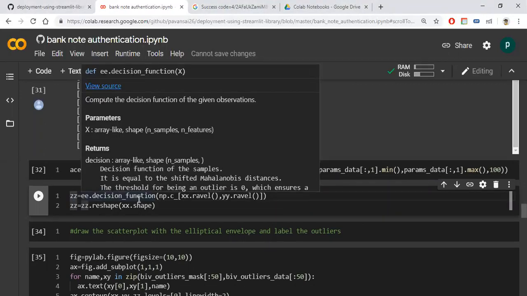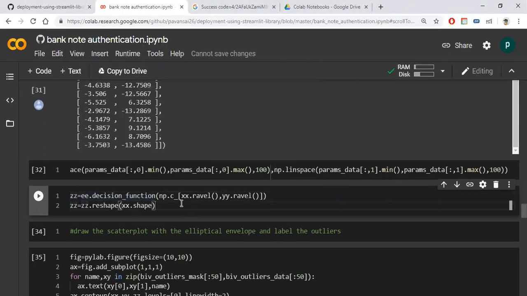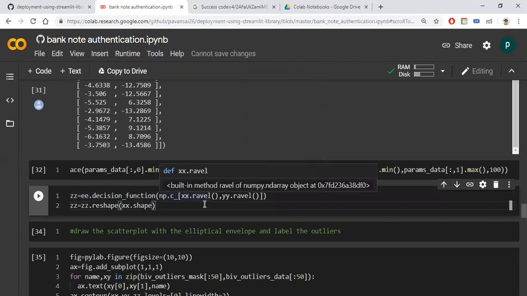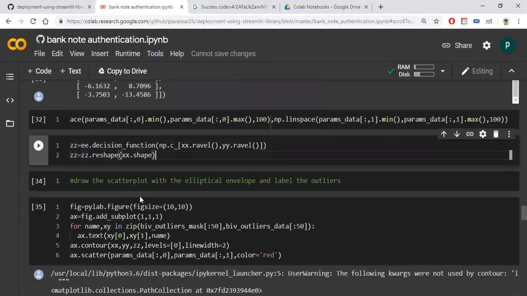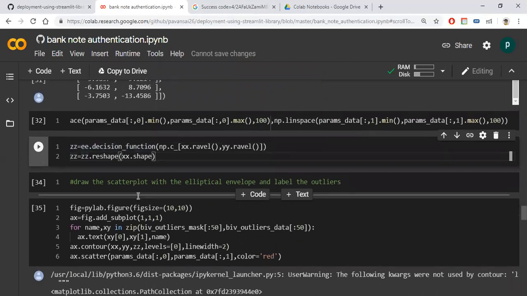Then only we can get the ellipse. This is the syntax. I am converting these two variables to a flattened, one dimensional form. I am reshaping the z variable. So I am drawing the plot.